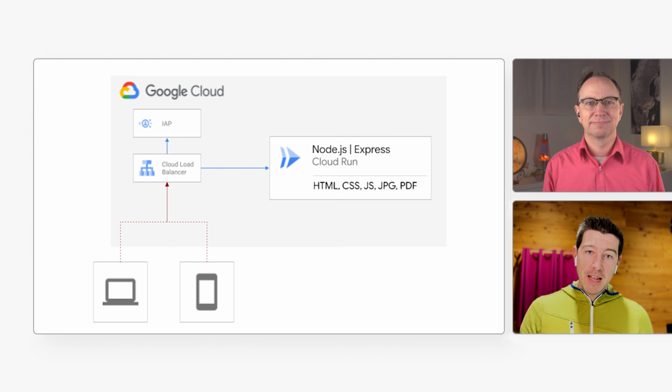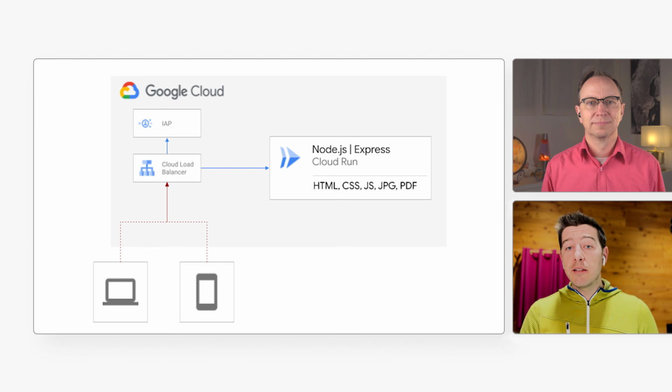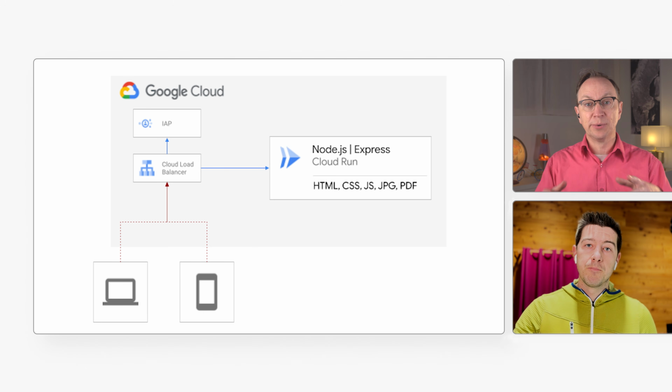One option is to include your static files in the container with a web server and then execute that on Cloud Run. Like you did in one of your recent videos, Martin, where you created a React app and used a Node.js Express server. This allows you to use identity-aware proxy or expose your website only within your VPC. Yeah, that's right. I will add the link to that video in the description.